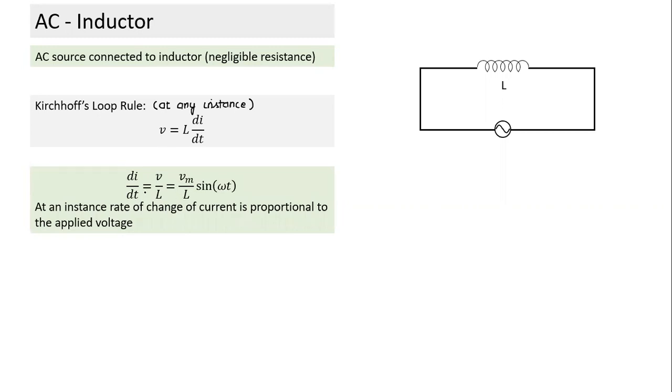So what we notice here, unlike the previous case when a resistance is connected, where the current at any instance is directly proportional to voltage, here the current is not proportional to voltage. The rate of change of current is proportional to voltage. So at any instance, the rate of change of current is proportional to the applied voltage. When the applied voltage is large, the current will change more rapidly. When the applied voltage is zero, the current will not change, and when the applied voltage is small, the rate of change of current will also be small. So the point we notice here is that current is not directly proportional to voltage.